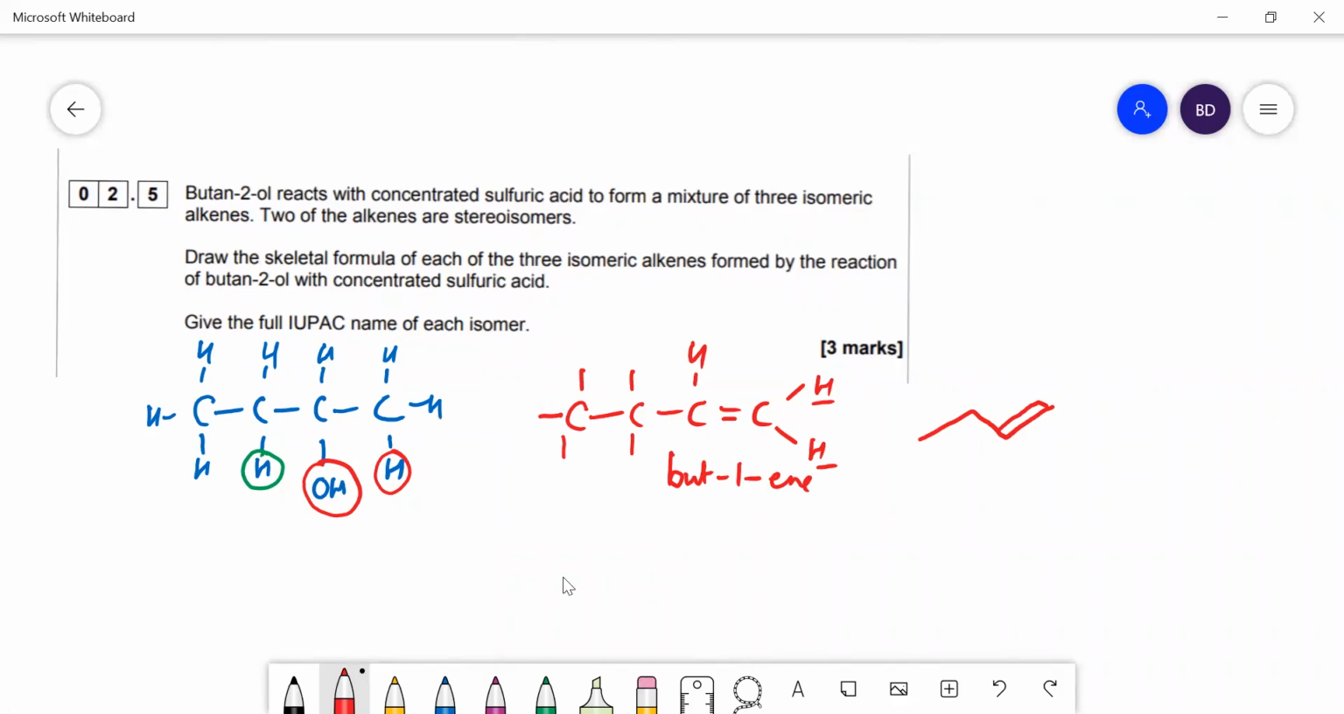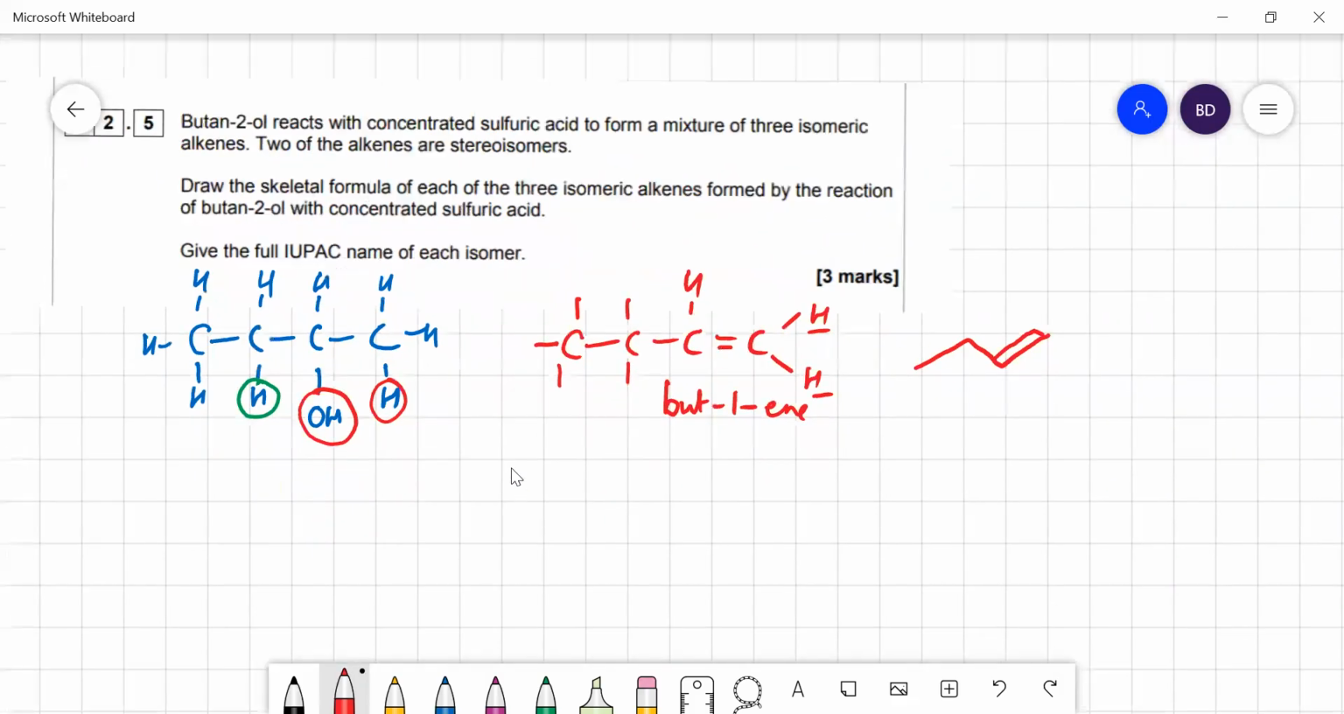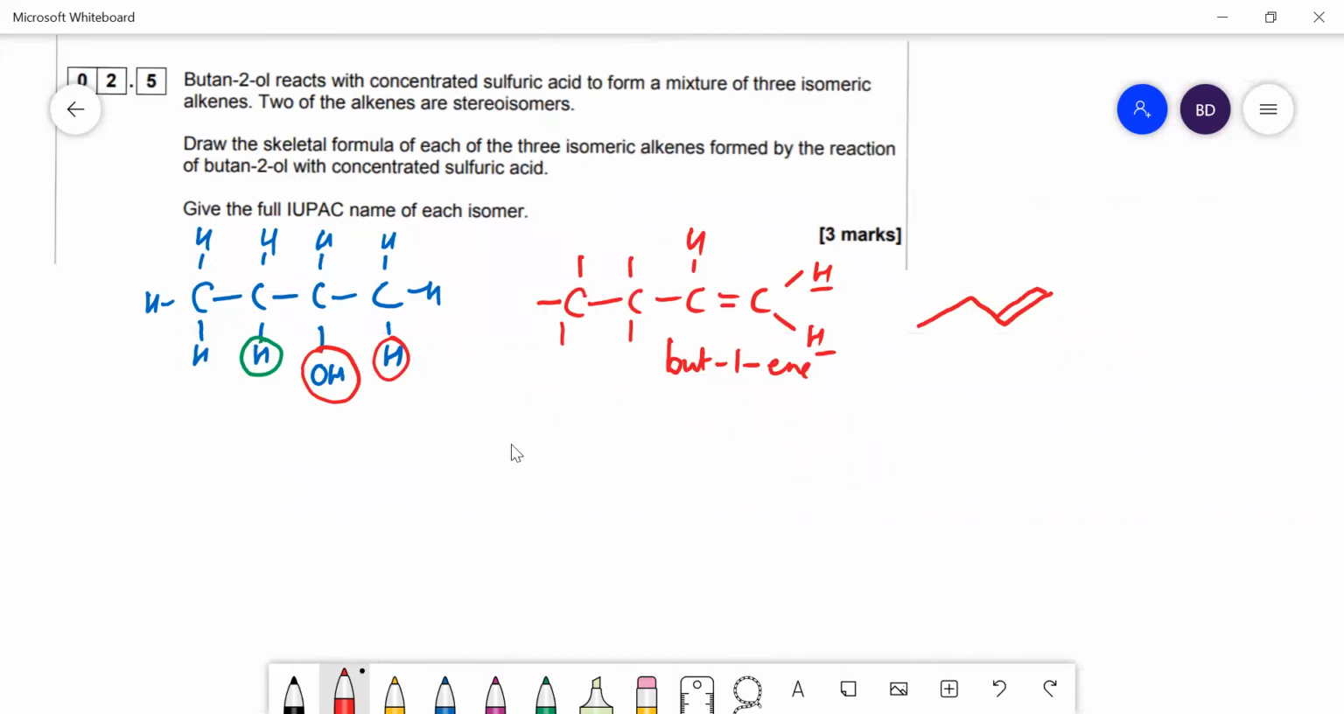Now let's see what happens if we remove the green one. You're going to get but-2-ene. So I'll draw but-2-ene. I get the double bond there. I'll just draw it like that. Now you can see there that there is a possibility of stereoisomers, because for but-2-ene, the one I've drawn there, the high priority groups are on opposite sides, so that's E